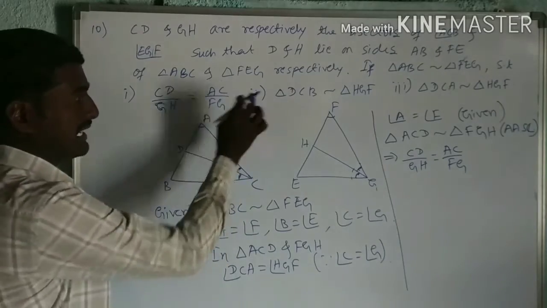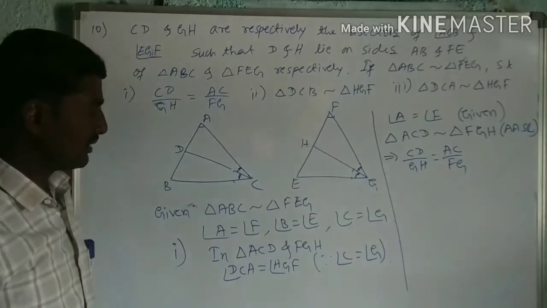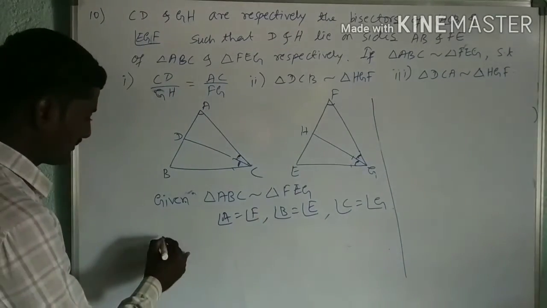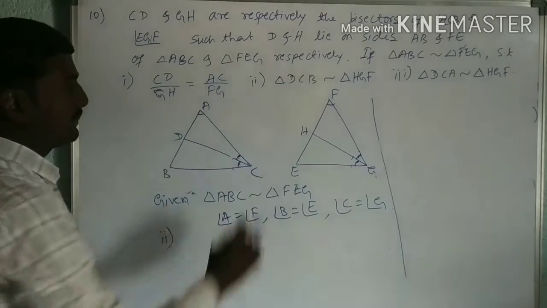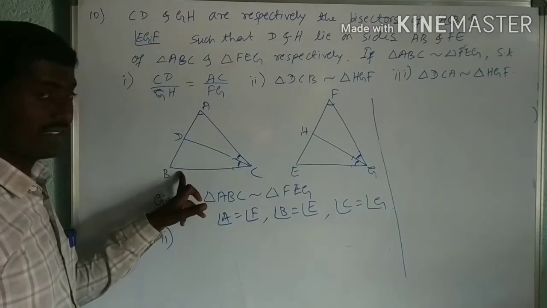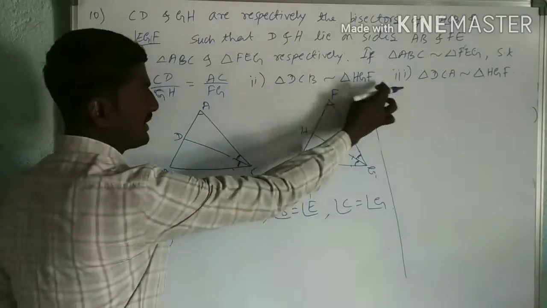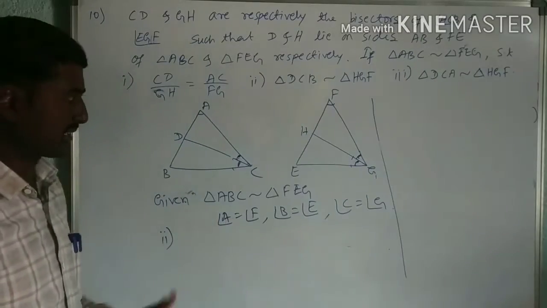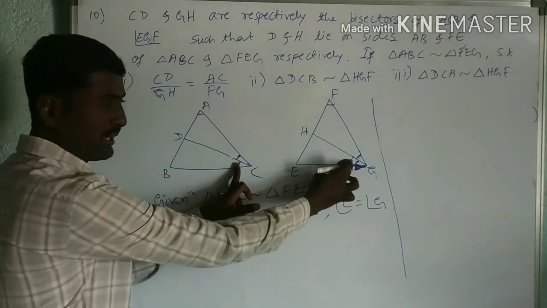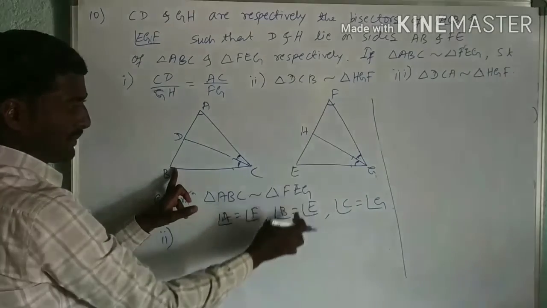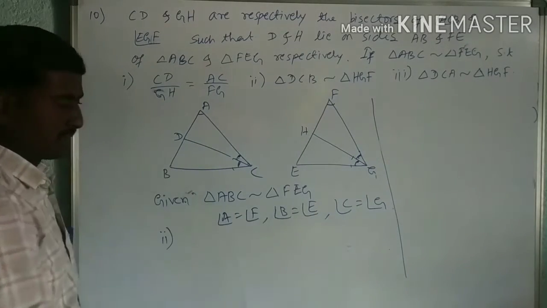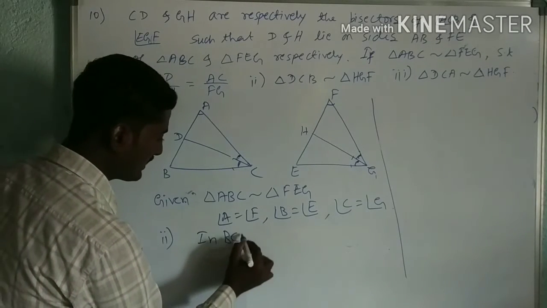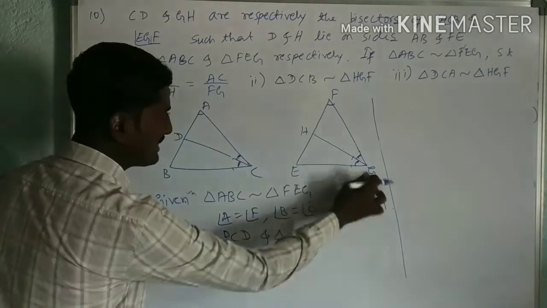Now let us go for the second one. For the second one, you pause the video and copy this. Now we'll solve the second one. Triangle DCB and triangle HGF, I have to prove these two triangles are similar. Again, same procedure. This angle is equal to this one and these two are also equal because already written here. So now in triangle BCD and another triangle EGH,